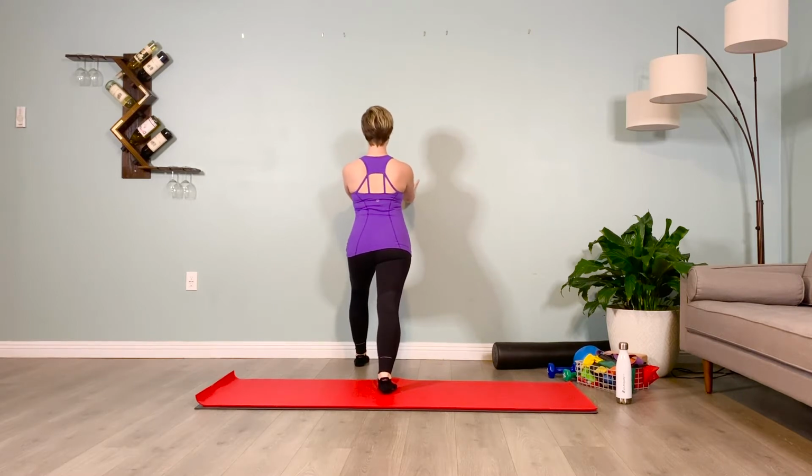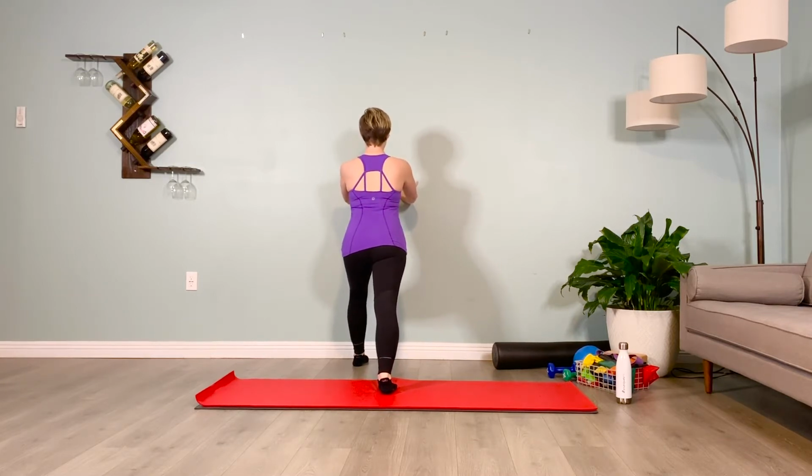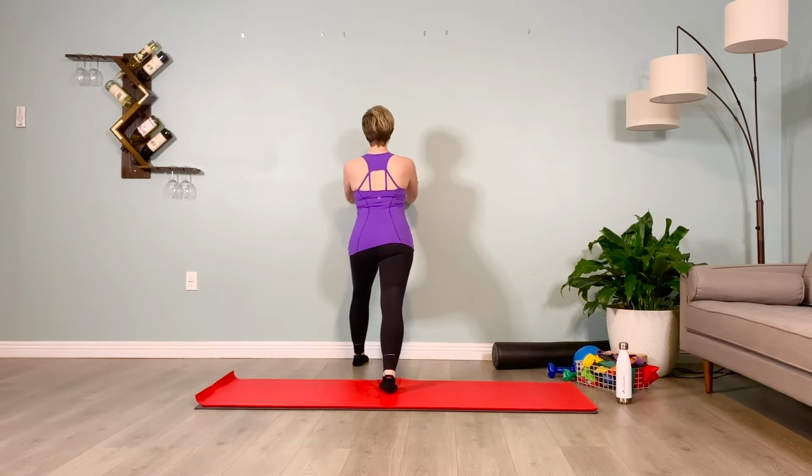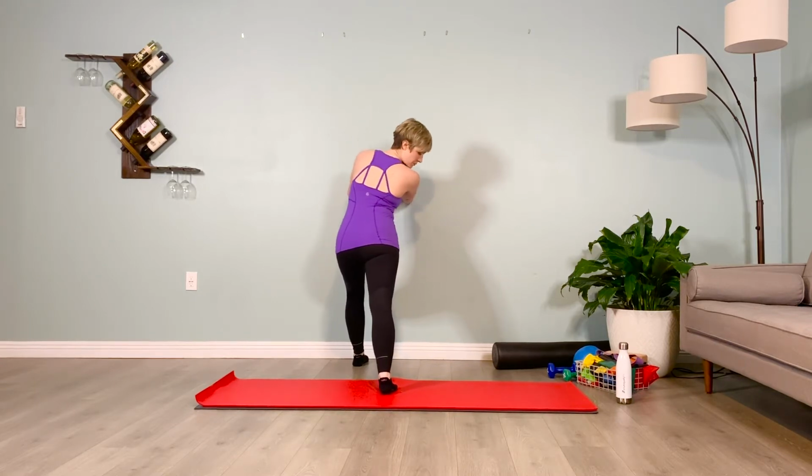Now, typically, your dominant leg is the opposite leg of your dominant arm. So if you're right-handed, it's your left leg. If you're left-handed, it's your right leg. Drive that pelvis forward, lift the lower abdominals in, take your chin up, gaze at the wall in front of you. Make sure you can look over your shoulder that your back foot is parallel, not turned out,